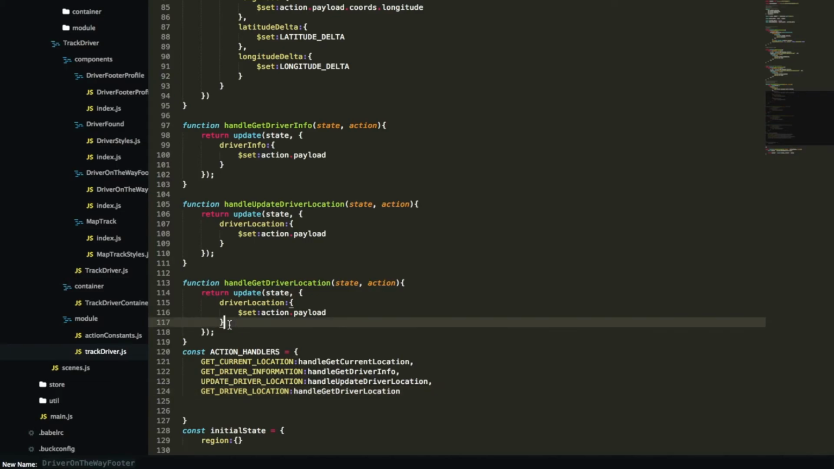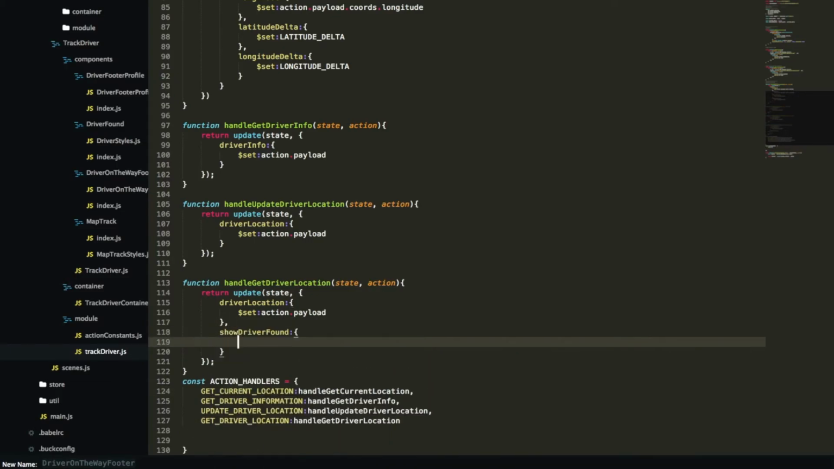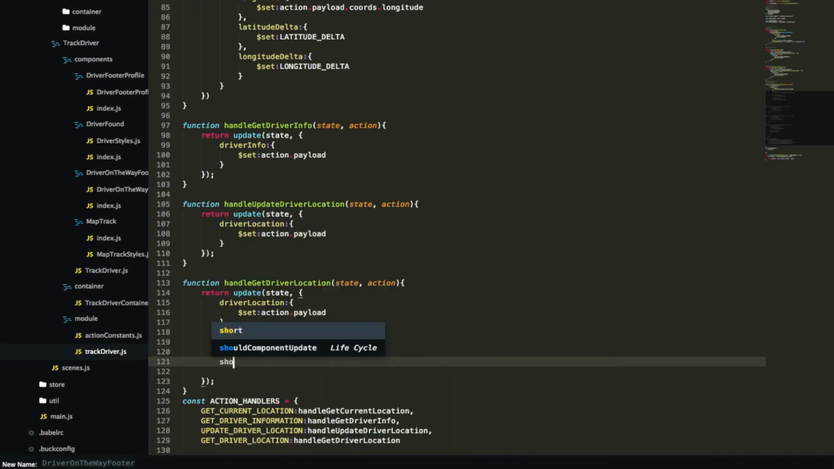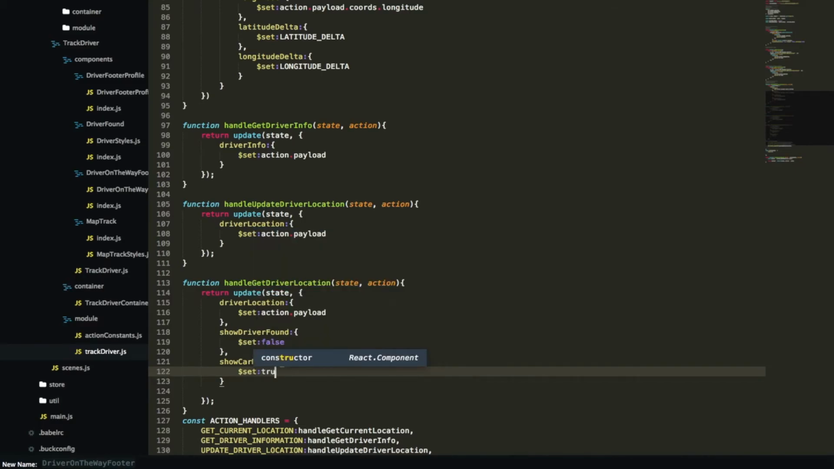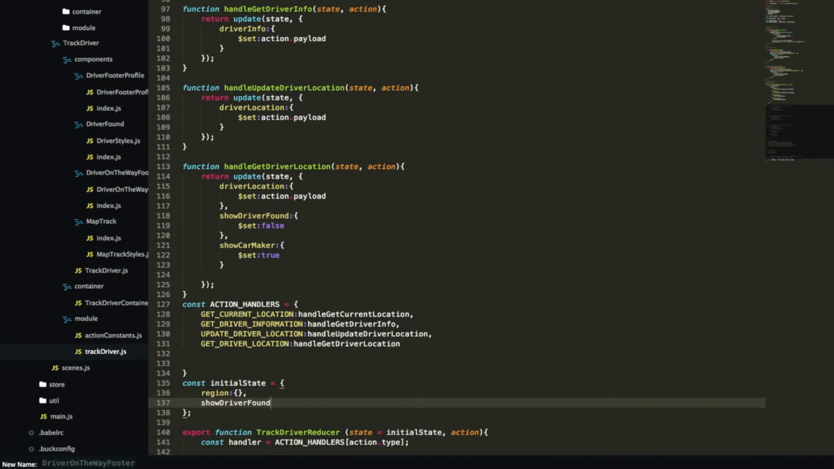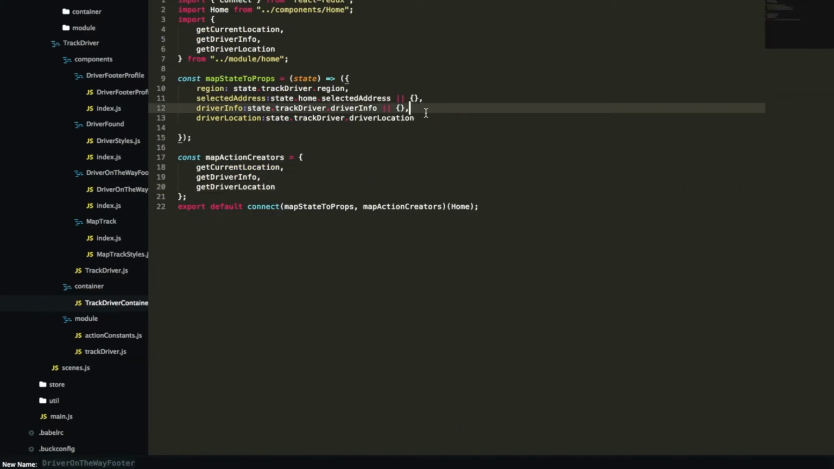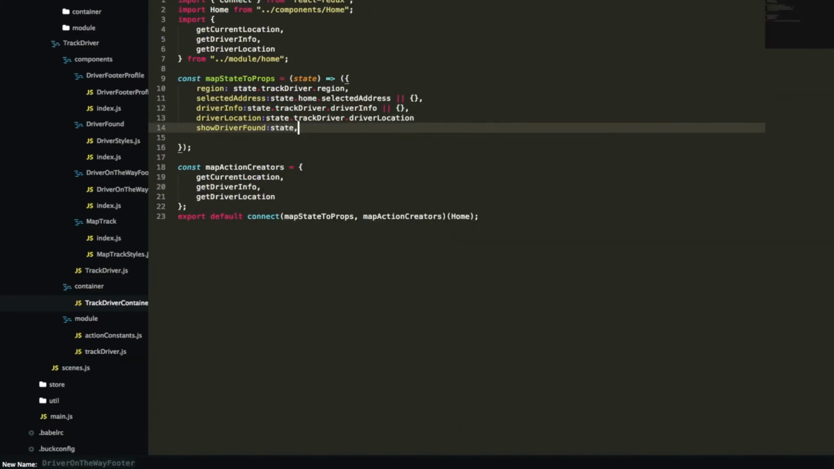And this will be the same, but I also need to set show driver found. I want to set it to false so that I can close the overlay. I need to show the car marker, so I'll just set this to true. So inside my initial state here, show driver found component, show driver found, we have a value of true. So I'll need this here, is stat dot track driver, show driver found,